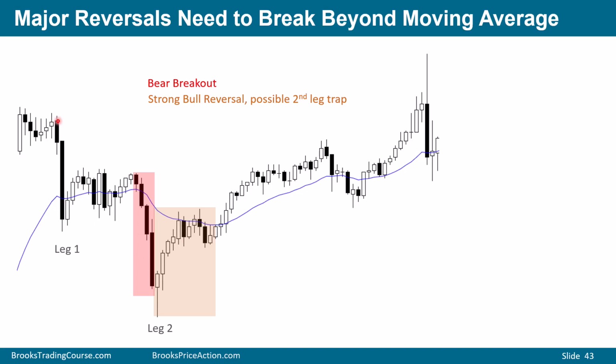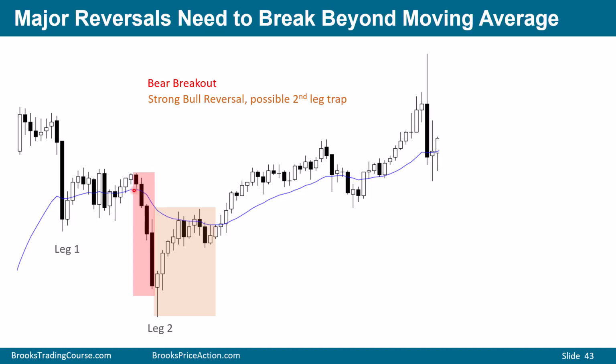Think about it from the perspective of the bears. If you're a bear and you sold the close of this bar, how are you feeling at this point down here? You've had to hold for a long time just to make a profit. And even then, if you sold the close right here, your actual risk was all the way up here. Although you would have made your actual risk and probably twice your actual risk, this is not consistent with strong trending behavior. The other problem with this sell-off, these 4 bear bars closing on their lows, is it's climactic.